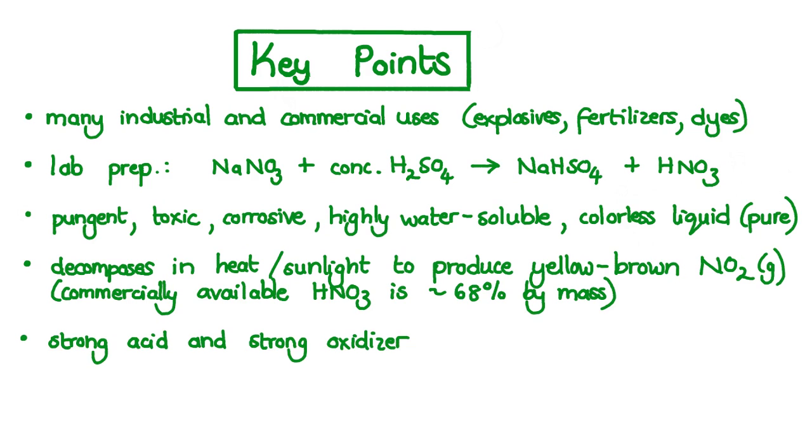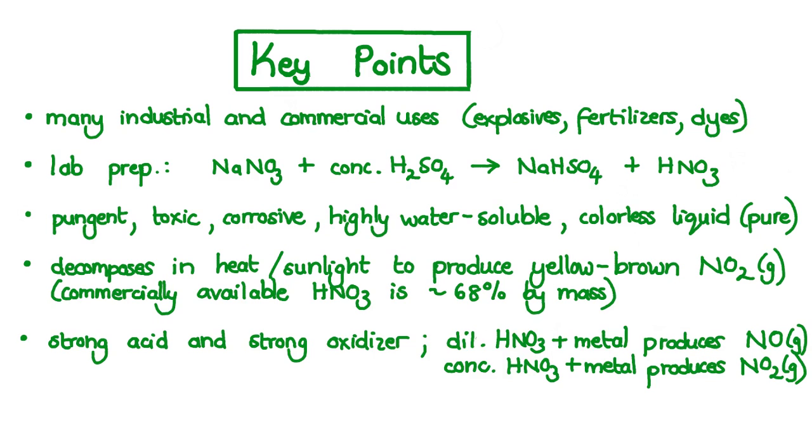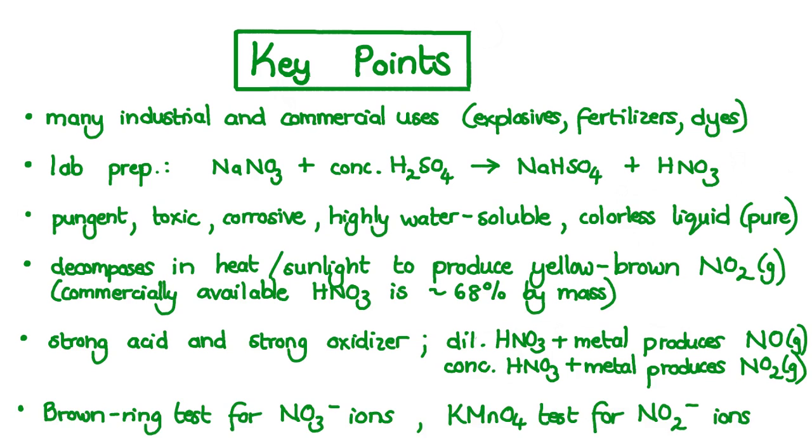We investigated some of the reactions of nitric acid. We learned that it is a strong acid and a strong oxidizer. And interestingly, we learned that the concentration of nitric acid when it reacts with a metal can influence the products formed. Nitrogen monoxide is produced with a dilute acid and nitrogen dioxide with a concentrated acid. And finally, we looked at the brown ring test for nitrate ions and the potassium permanganate test for nitrite ions. Although the potassium permanganate test is not conclusive enough,